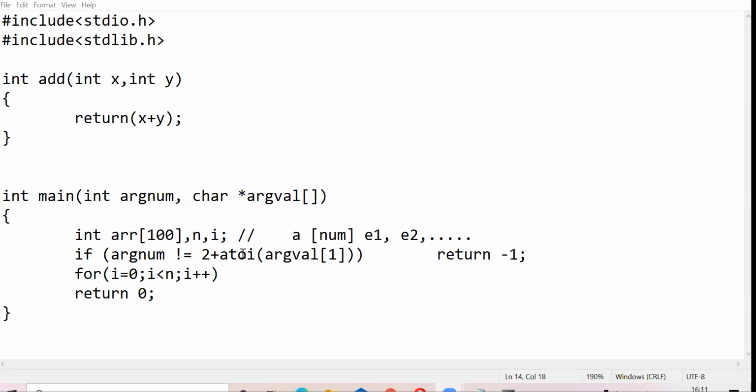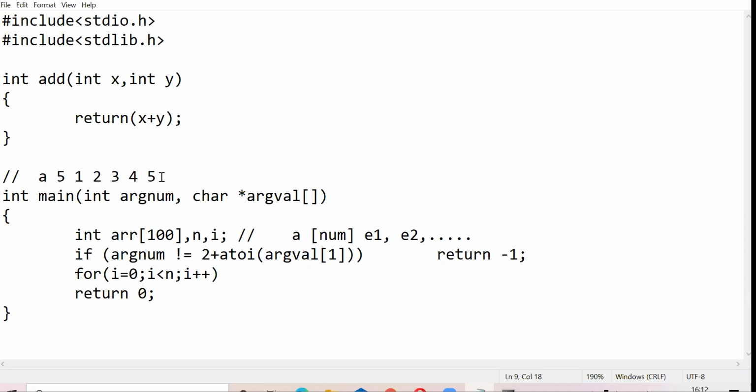Okay, why is this a 2 here? I'll quickly go through it. See, what we want is, when the user is giving an array as input, your input should be something like this. If I'm saying that there are 5 elements in the array, 1, 2, 3, 4, 5, right? Then what this condition is checking is your number of arguments. So what is the number of arguments here in this case? It is 7, right?